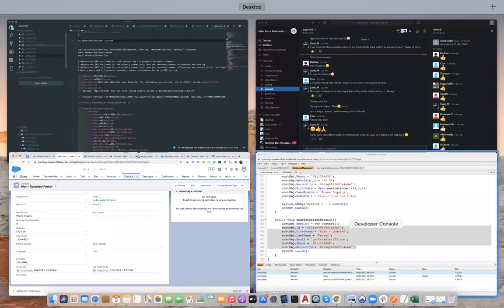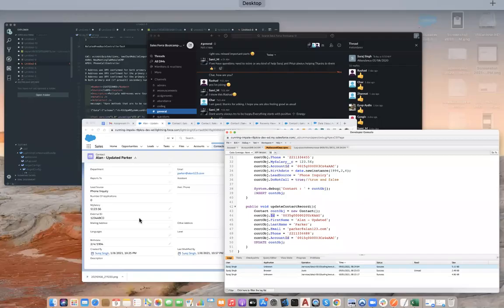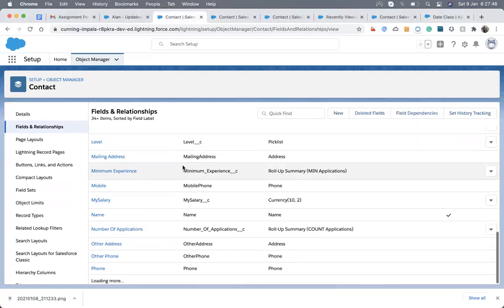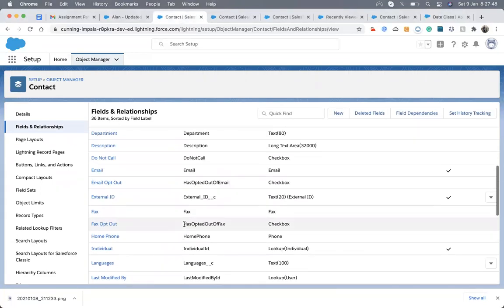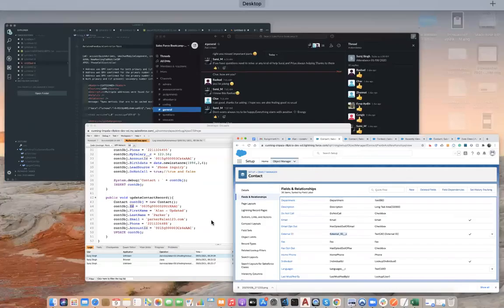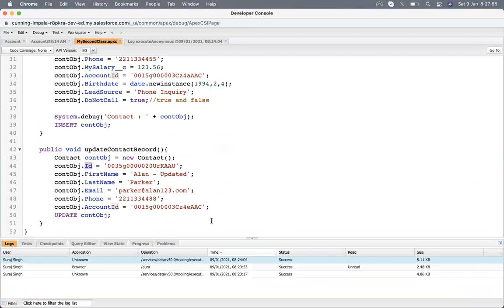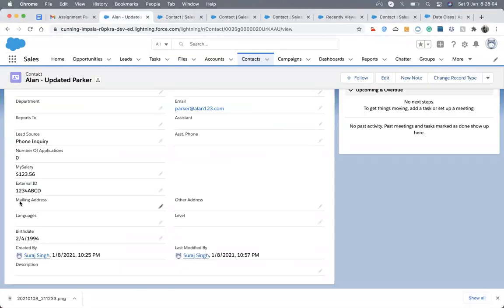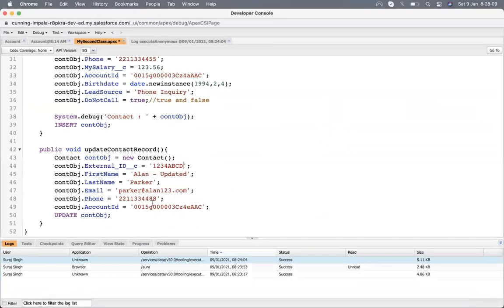So now here, instead of ID, I will write external ID, and I need to check what its field name is. Yeah, external ID underscore C. And what is the value of that external ID? It's 1 2 3 4 ABCD. Okay, that's it.